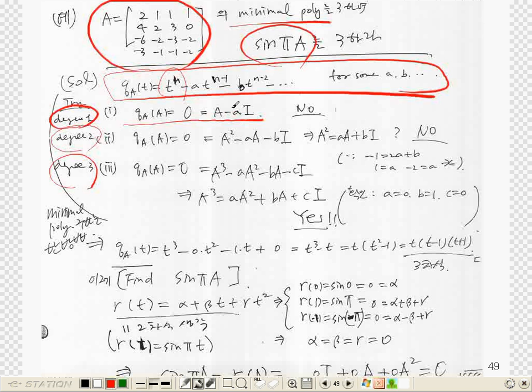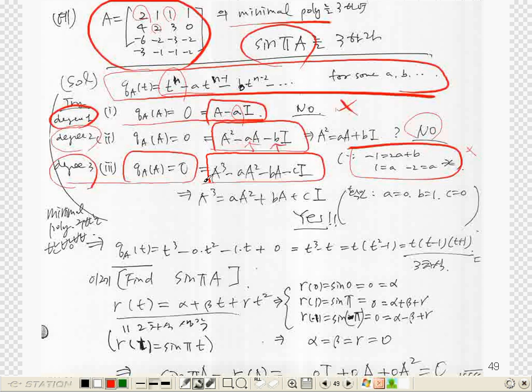So for degree 1, it should satisfy this polynomial, but we cannot find A here. So the minimal polynomial is not a polynomial of degree 1. Think about the polynomial of degree 2 and try to find this coefficient. But we know there is no such thing. We can easily put some numbers here to compare a couple of coefficients. We know that doesn't work. So the minimal polynomial is not of degree 2. For the polynomial of degree 3, we plug in some points. We can find A squared, A, and I, and we can compare a couple of entries